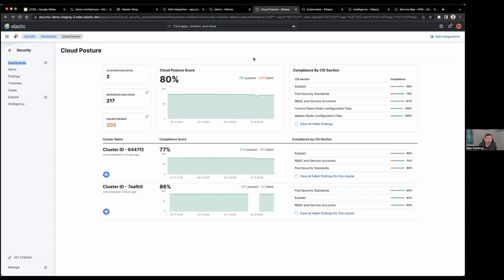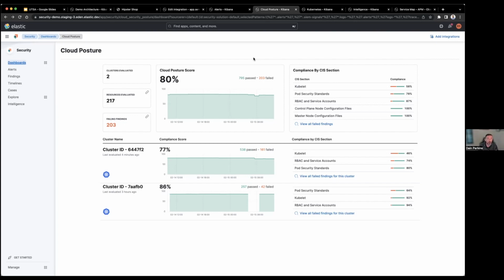No, we're not. And we integrate with hundreds of external tools, and I see that number growing every time there's a new release. So if there's something that you need to keep, you can keep it and you can integrate it. Here we've got our cloud posture assessment.